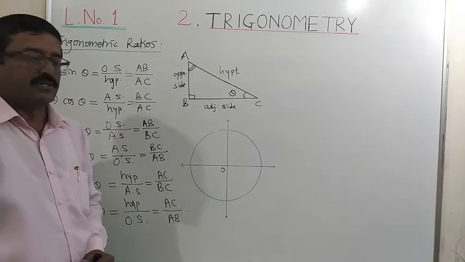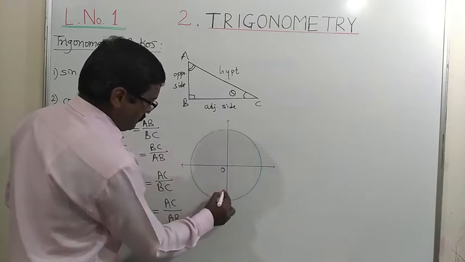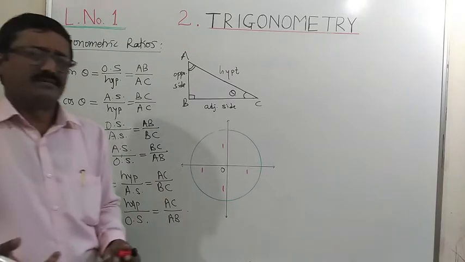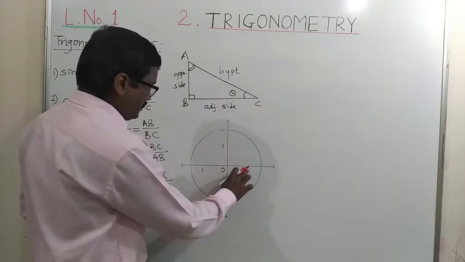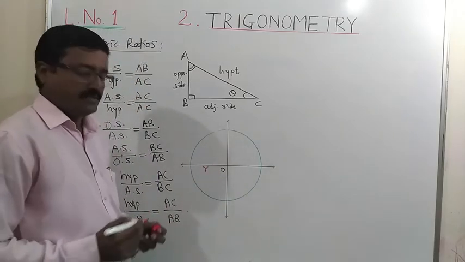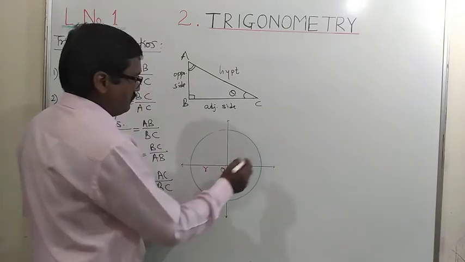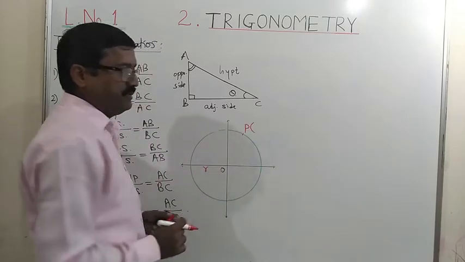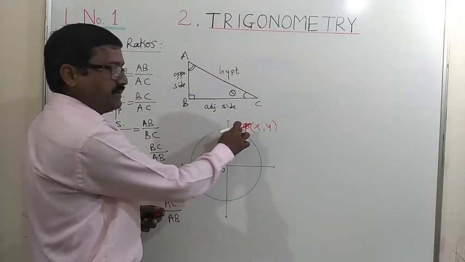Let us see the standard unit circle. In this standard unit circle, the center is at the origin, and unit circle means its radius is equal to 1 unit. Or we can take a circle of any radius, it will be a standard circle. For instance, let us suppose this is a circle whose radius is equal to r. Take any one point on this circle. For simplicity, I am taking point P here, whose coordinates will obviously be x and y. This x is nothing but the distance of point P from the y axis.